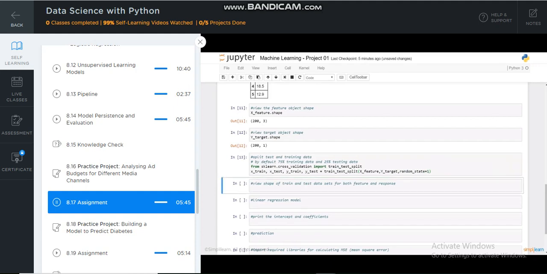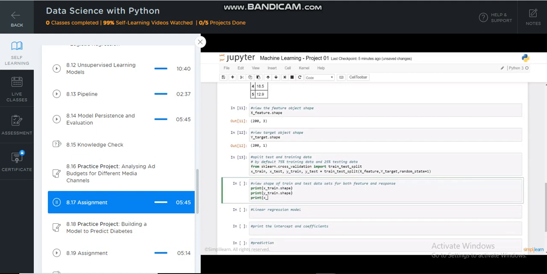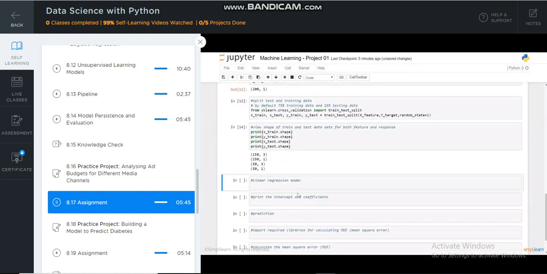You can print and view the shapes of the training and testing datasets for both the feature and target objects. Now, let's import the linear regression